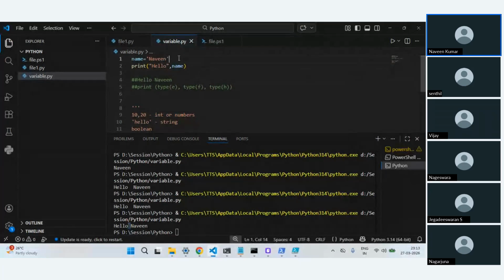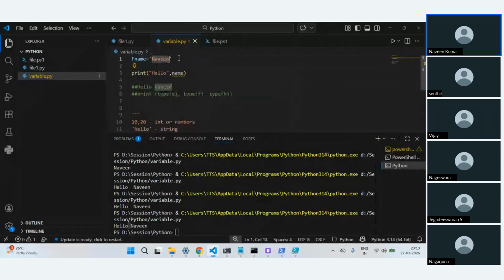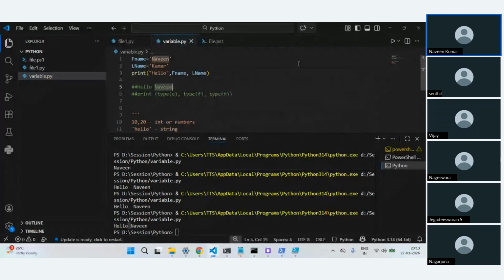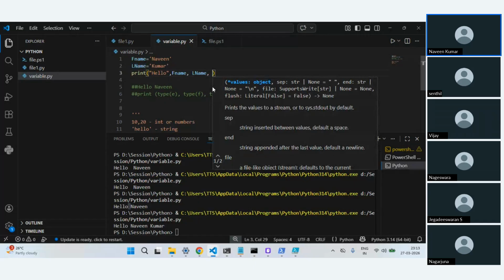Now, let's say this is my first name and this is my last name, which I'll say is Kumar. I'll change this also and write like this. This will print the values of both first name and last name, where you are taking the values from two variables.